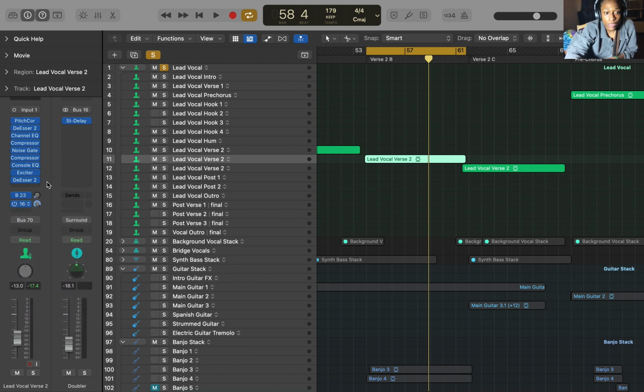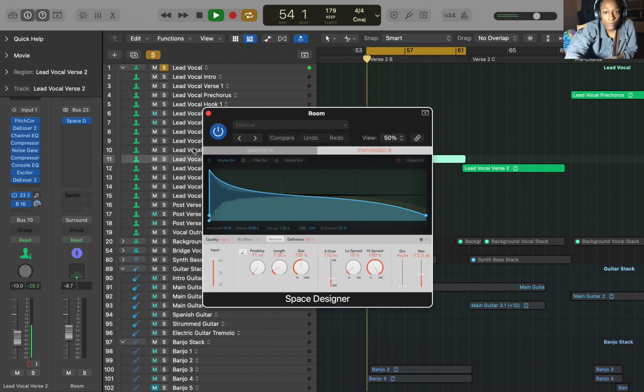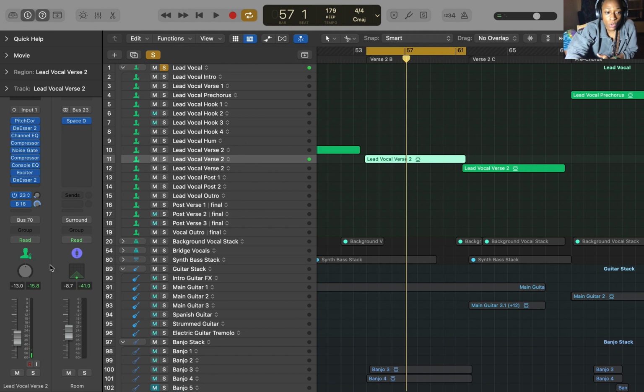I guess it's working as a doubler and a space reverb. Now I noticed that on the lead vocals they're not using binaural panning. Something to pay attention to. This is not binaural panned. The lead vocal is still coming to the forefront, but it's like the music and everything else is binaural panned,